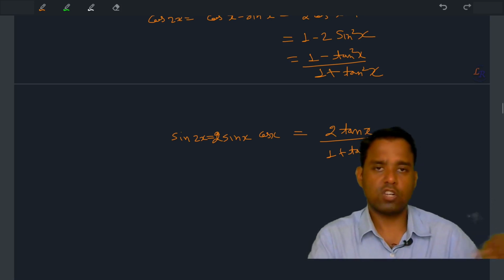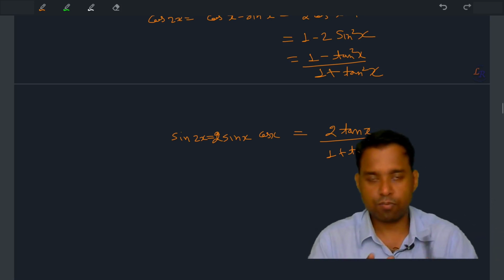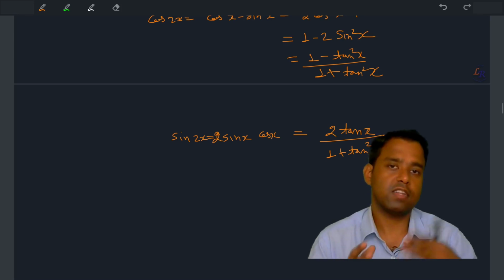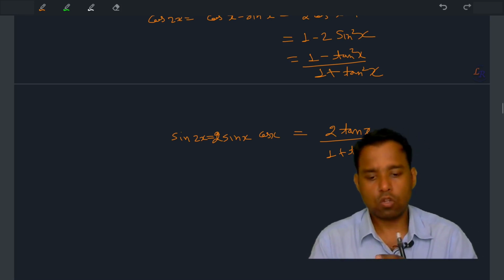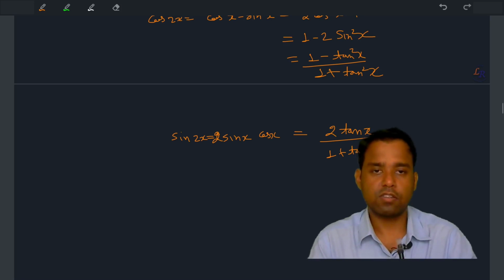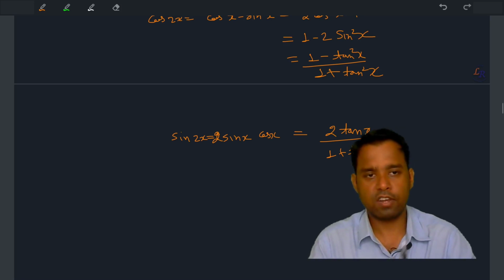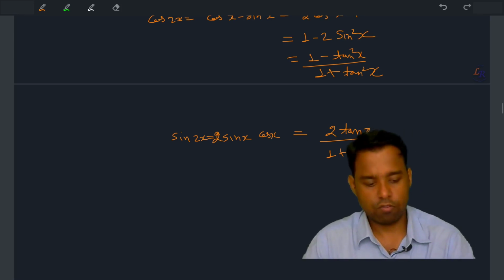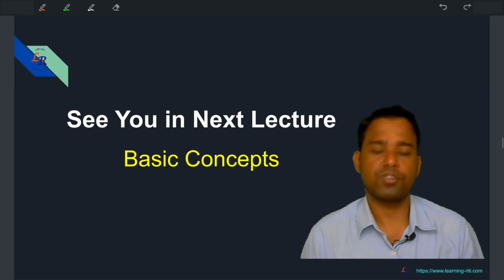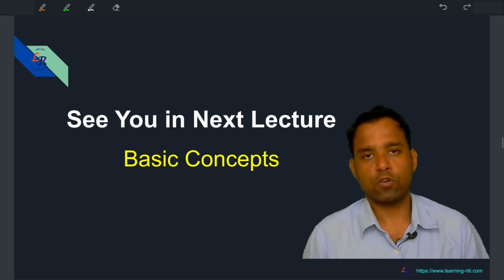Now once we proceed further, we'll discuss these important formulas, maybe utilize them there, and then we will have a better understanding related to that. So this is all about this introduction part. We'll end here for the introduction part, and we'll see in the next lecture where we'll discuss basic concepts related to inverse trigonometric functions.